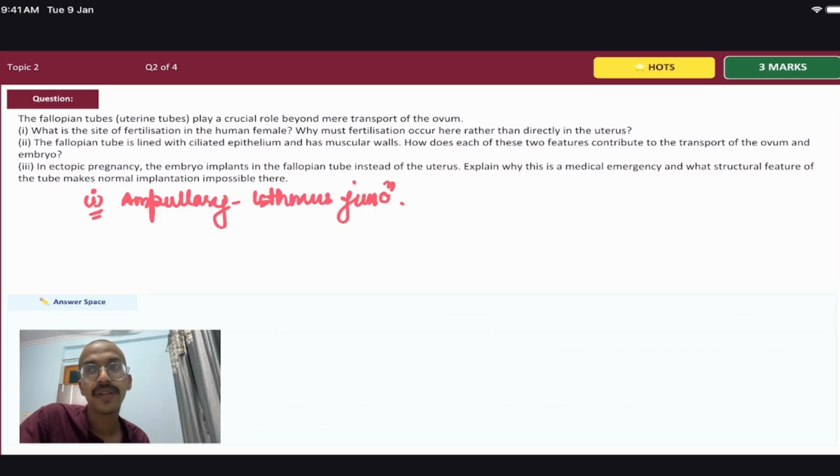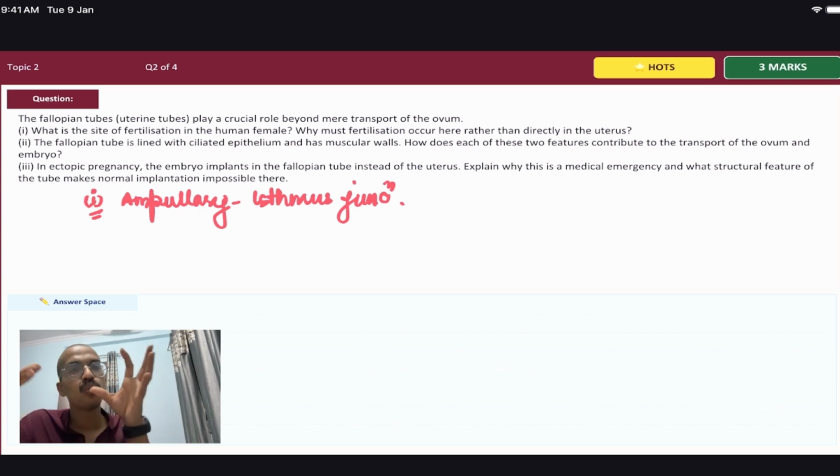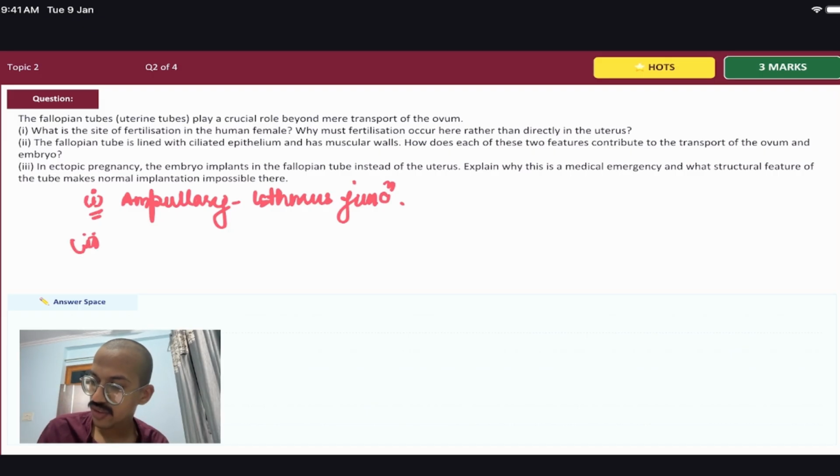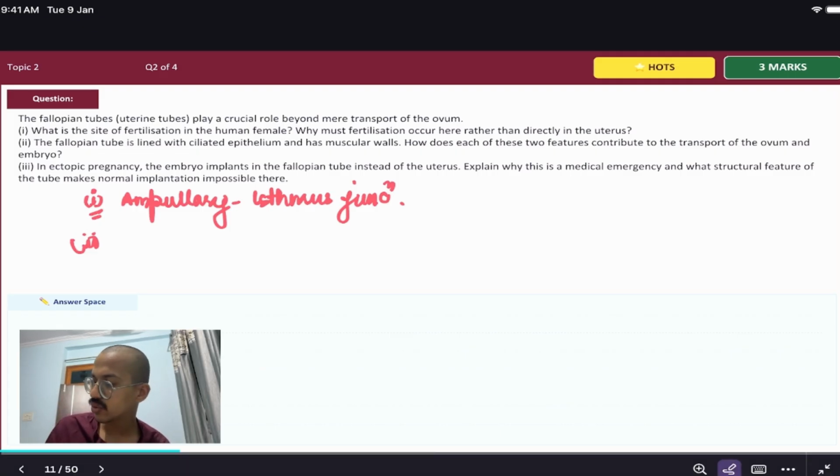We don't want that the developing embryo is not implanted, because until the 7 days are over and the blastocyst has been formed, it will be there. So that's why 7 days time is being required. Okay, so if someone will ask why it is not directly implanted, the reason is simple, that is